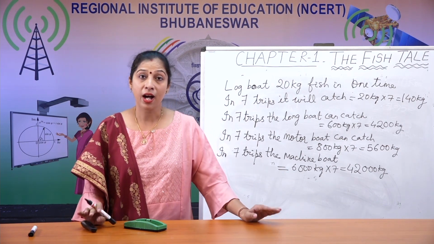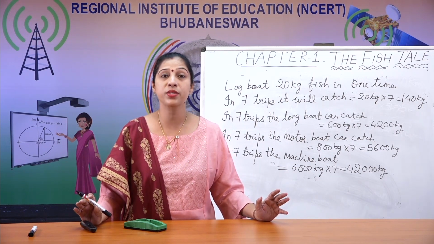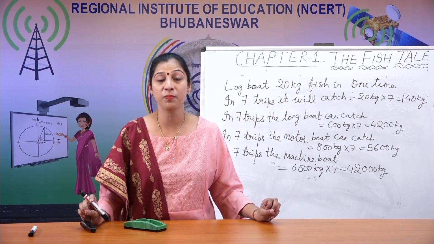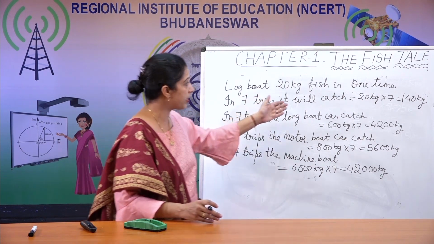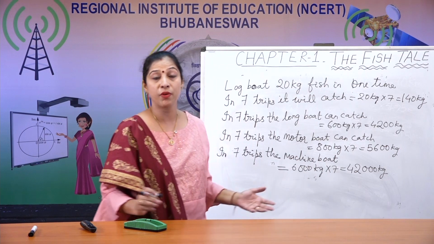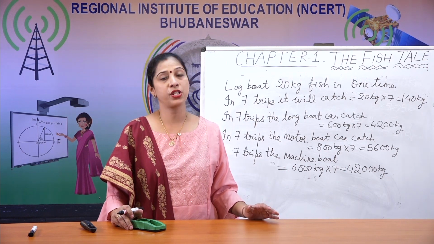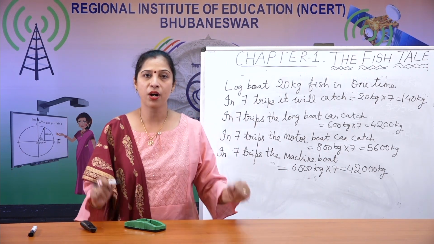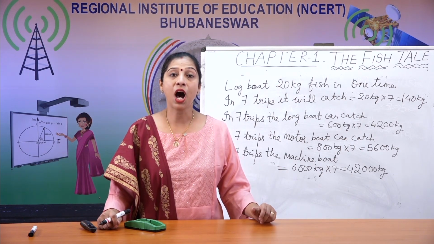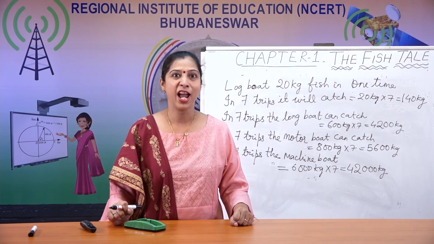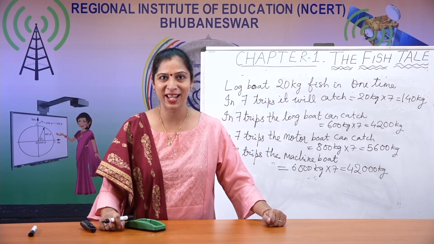Now children, after this class, you have understood how as humans we need to find a solution for all these problems created by our greed. Because now you have seen the difference in the numbers of kgs between the people who are not using the motor, and the ones which can travel deep into the sea and catch a lot of fish. So just think about it, and in the next class we will see how we can sell these fish in the market and what profit we can get, and how a fish market looks like. Thank you so much.